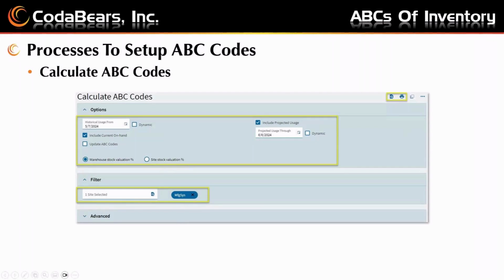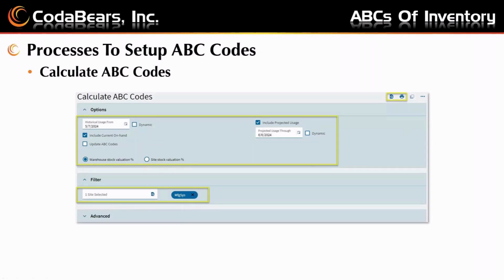I suggest you do not check the box for update ABC codes, at least not the first time that you run this calculate ABC codes, until you're sure about the recommendations this report provides. So likely your initial processing will only be suggestions for what you might set up for ABC codes. If you're happy with those suggestions, or you want the ABC codes suggested to be put in place as a starting point, then you can run it again, checking this box to say update the ABC codes to have them